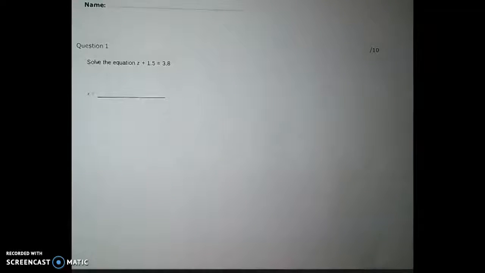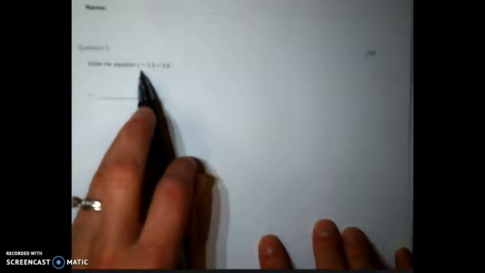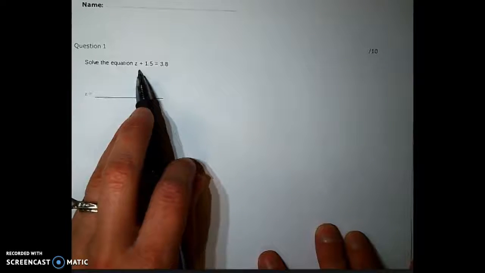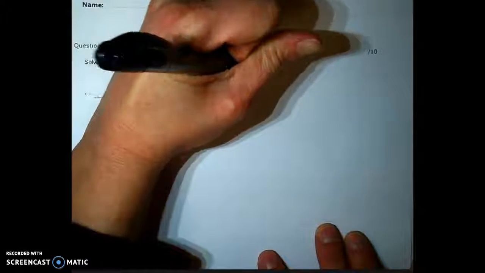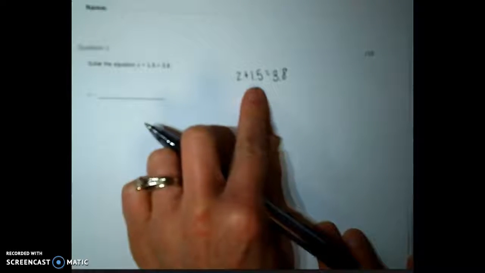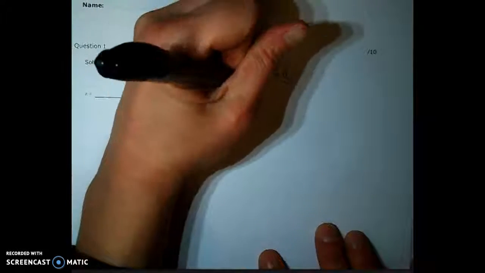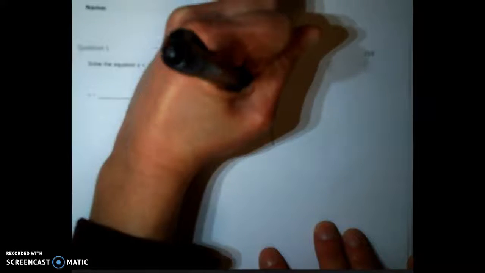We are going to go over the Topic 8 Basic Skills Test. So for question 1, it says solve the equation z plus 1.5 equals 3.8. Whenever we're solving, our goal is to isolate the variable, to get the variable by itself. So the first thing that I need to do is get rid of addition. And I undo addition by subtracting. Those are inverse operations. So I draw my line through the equal sign, take away 1.5 from both sides, and